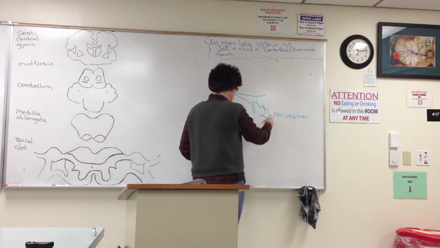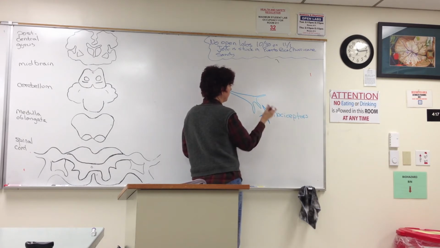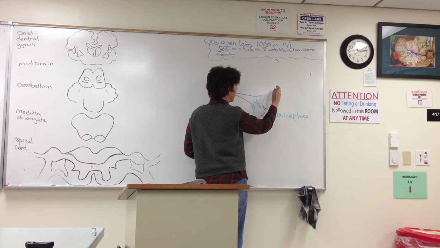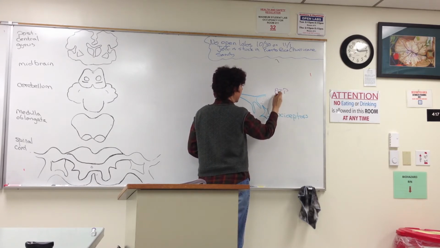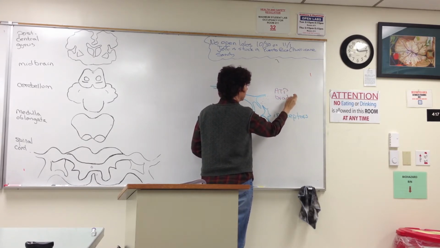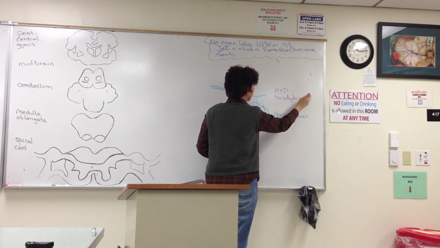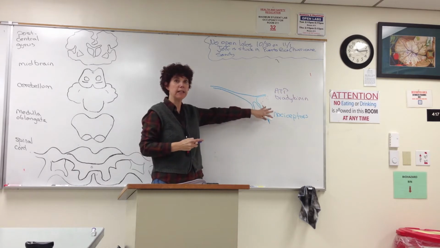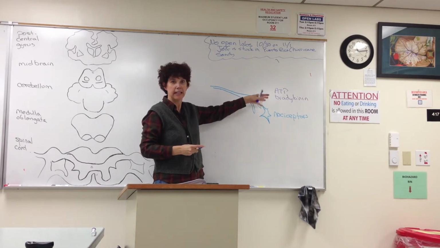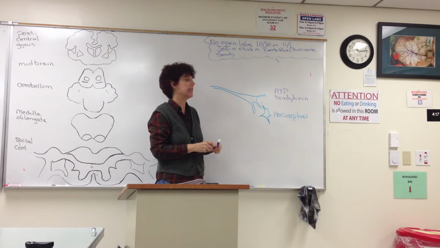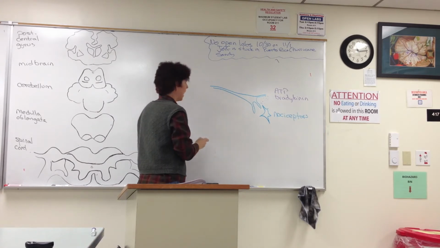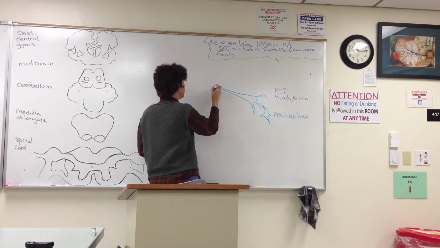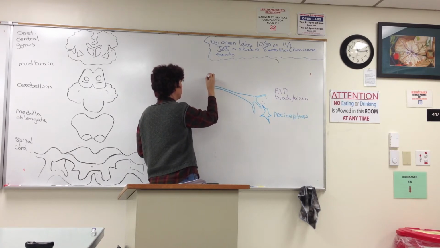So chemicals released between the nociceptor and the dendrite of our sensory neuron are primarily ADP and/or bradykinin. And if there's sufficient amounts of those released, these would be chemically gated channels, so they would be receptors for these molecules. And if there's sufficient channels open to excite this neuron, it would send an electrical current back